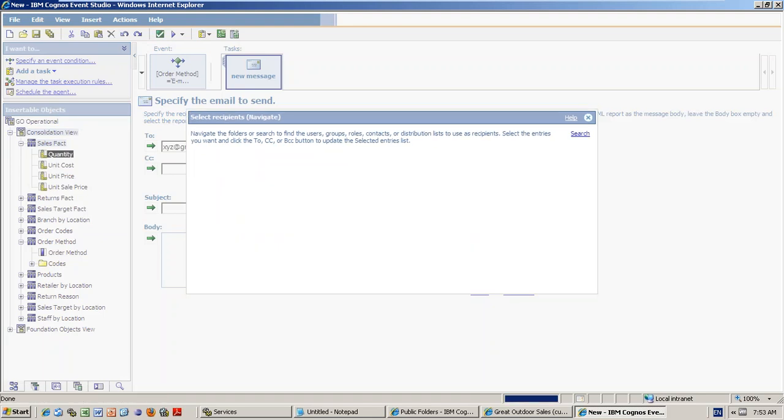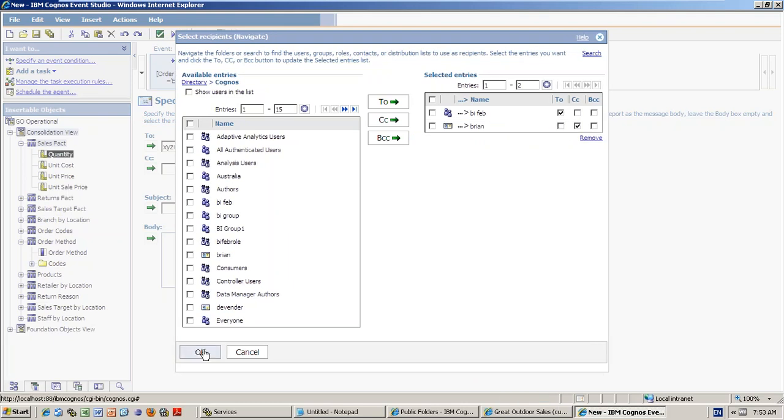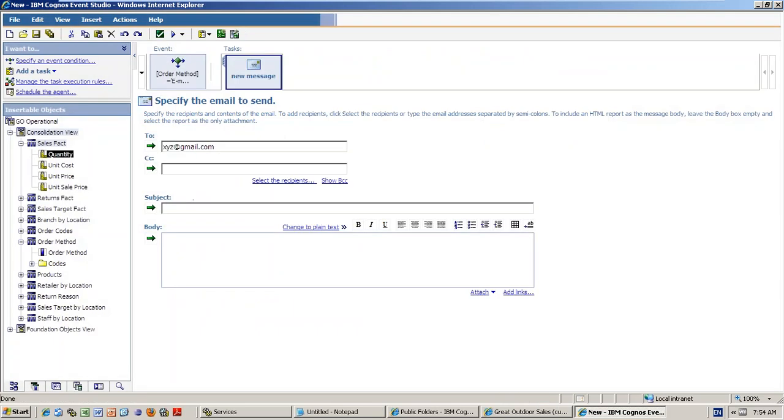So, for example, the entire BA February group, I want to put in the To field. All the group people. Some people's email IDs I can write. This is the contact. In administration, you will see how to create the contact, how to create group email IDs, all those things. So I will put them in To. This also Brain, but Brain I want to put in CC because he is a manager. Click OK. So you can write gmail.com or something directly, and also group mail IDs you can send. You see, BA February group is there, and XYZ means Brain.